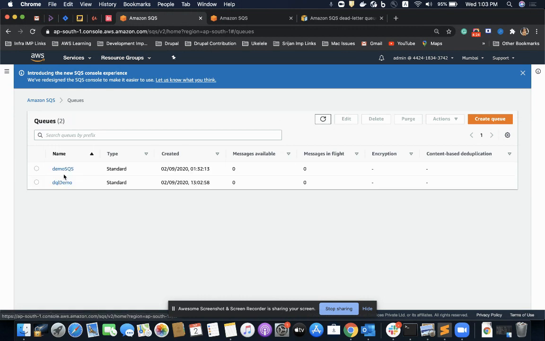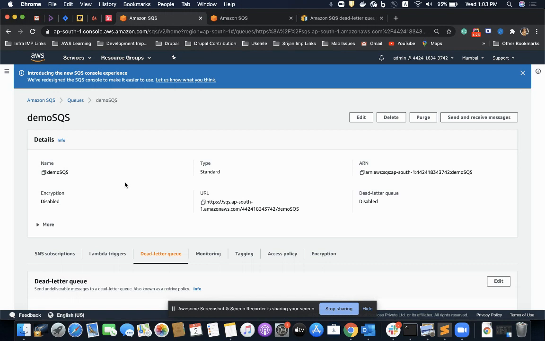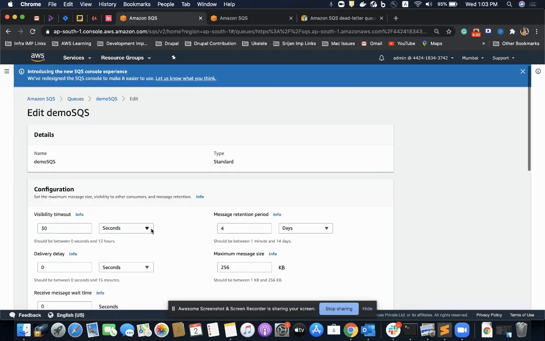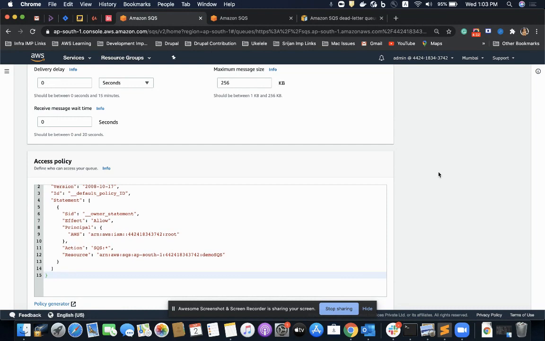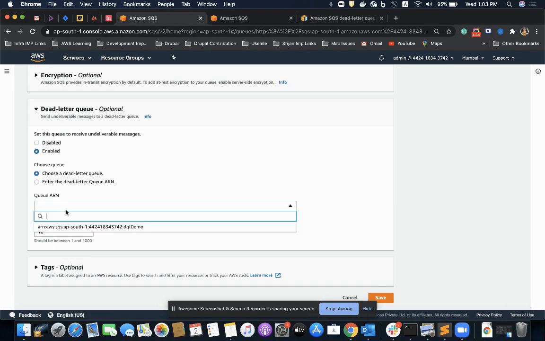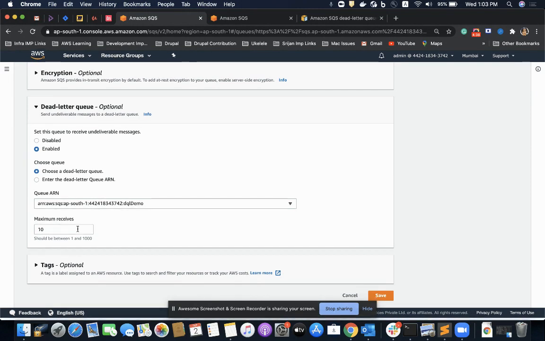This DLQ is available. I'll go to my existing demo SQS and I'll set my DLQ. Enable it. Choose this, or maximum.